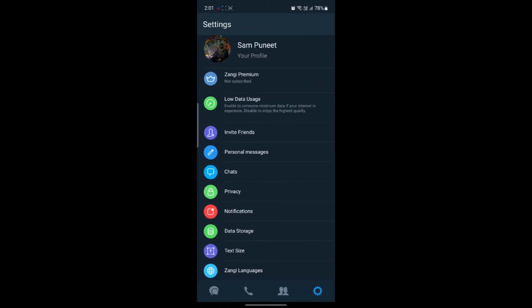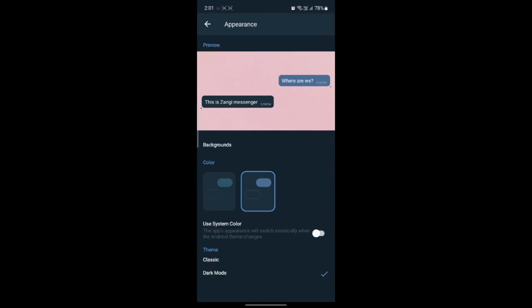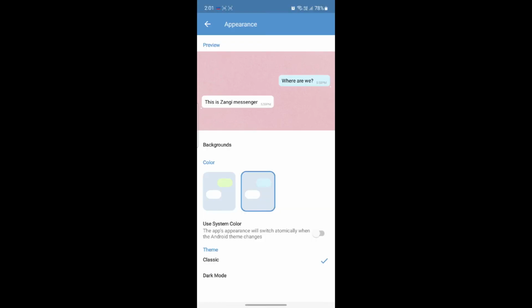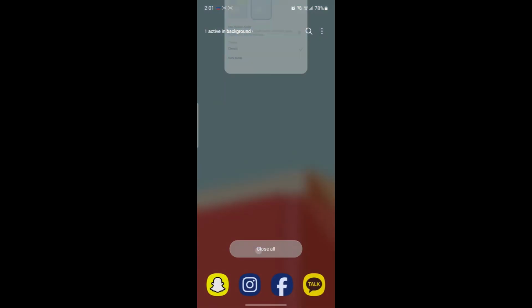So you can find it in chats, and if you scroll all the way down, you can find appearance. Go ahead and tap on appearance, and you can see underneath the use system color. You can just go ahead and enable this as well. It will change according to the theme your system is in, and you can choose between classic and dark mode as well. So I hope this video about how you can change the system background color in Zangi Messenger app